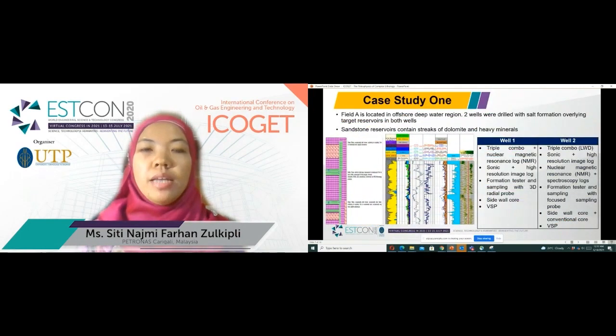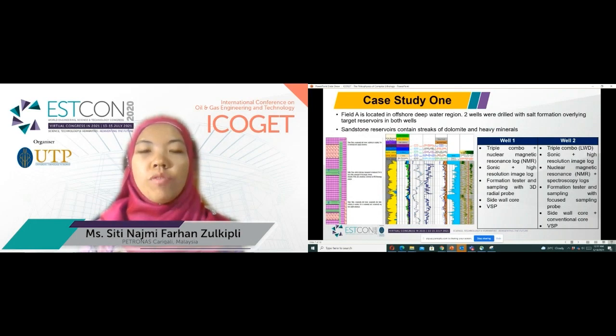Moving on to the case study. Case study number 1 involves field A, which is located in an offshore deep water environment. Two wells have been drilled so far in this field. In each of the wells, the target reservoirs lie below the complex lithology, which comprises halite, sylvite, and also anhydrite salt. An extensive data acquisition program has been planned in each of the wells, and the table on the right here shows